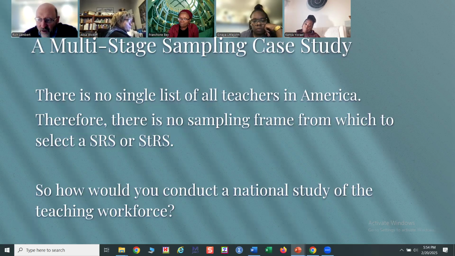And in fact, all teachers aren't even on a list. But you're right. Large systems probably have lists like that. And I could go about it that way, but that's too complicated. So I'll say you're onto something right there, but I'm trying to get a nationally representative sample. There are hundreds of thousands of teachers all across the United States, and there is no one list. I could take the time to assemble the list, but by the time I did that, it would be wrong,